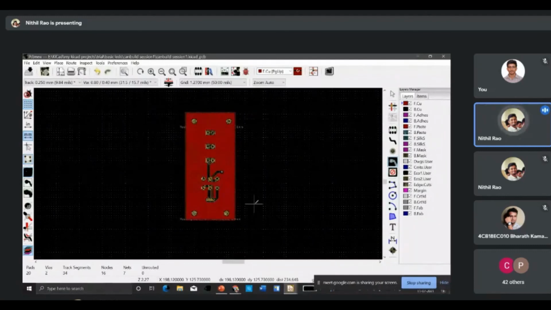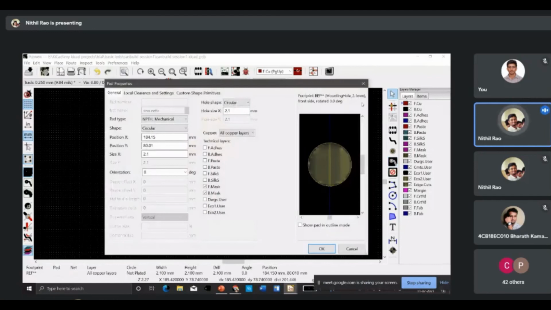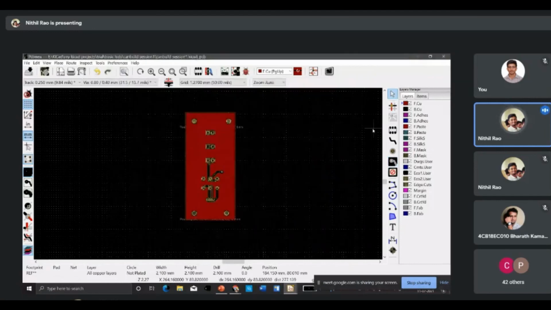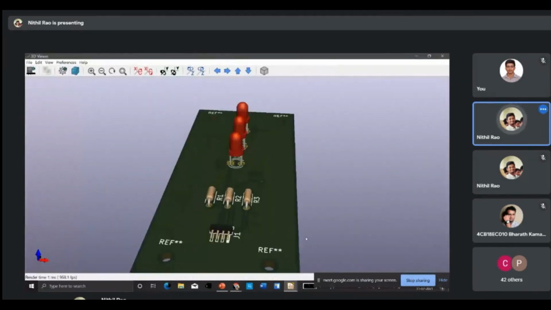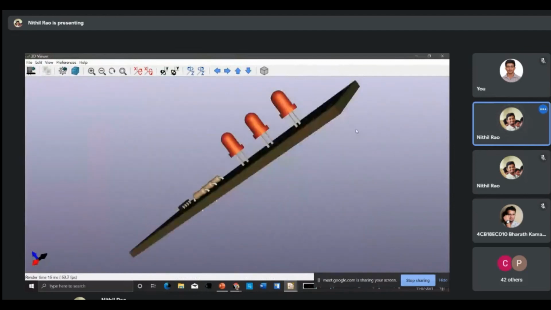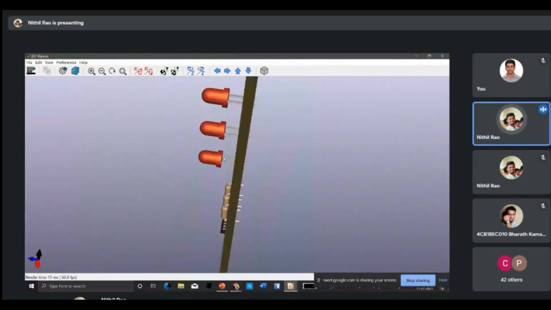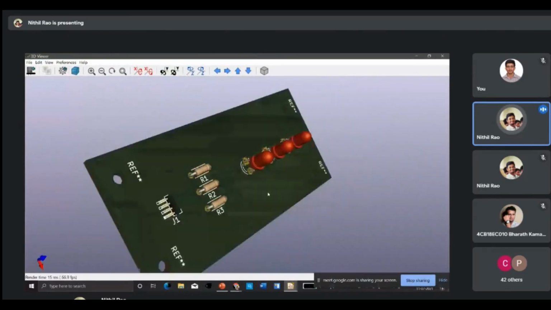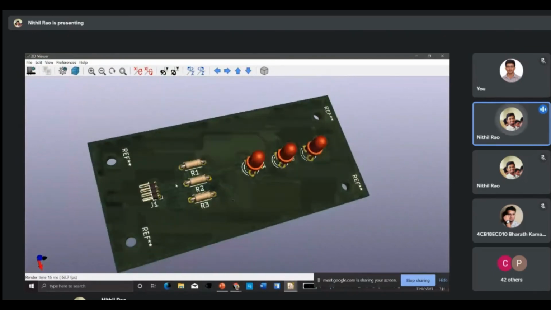So now our PCB is ready, and in case of minute changes which you would like to make, if you want to name any component, you just have to click on this select tool, double click on it, and you get an option to change the name of the component, etc. This is how our PCB looks. The thickness has been increased because of the layers which you have put in the end, the green and red colored layers. These are the components. The product might not be really suitable for the industry, but this is just to show you how to assemble components, how to work with components in KiCad.